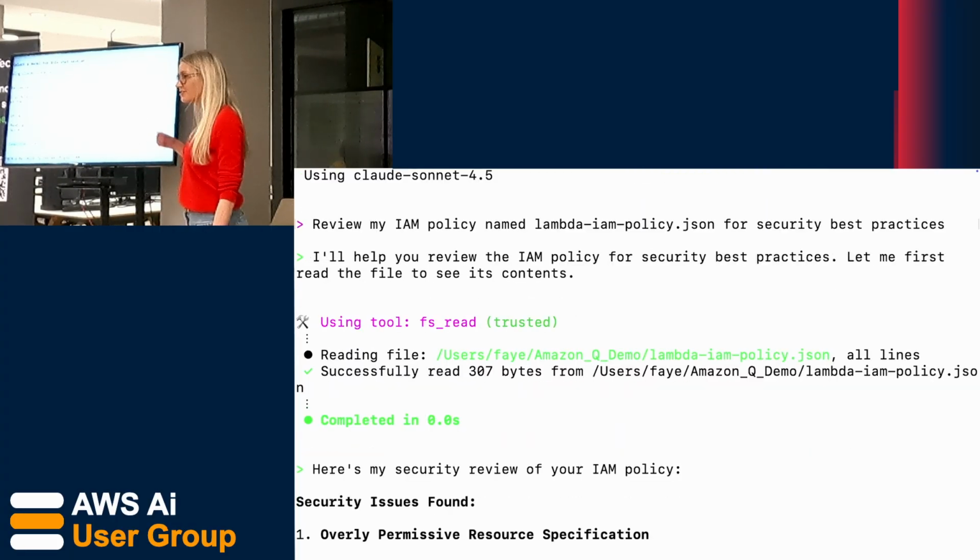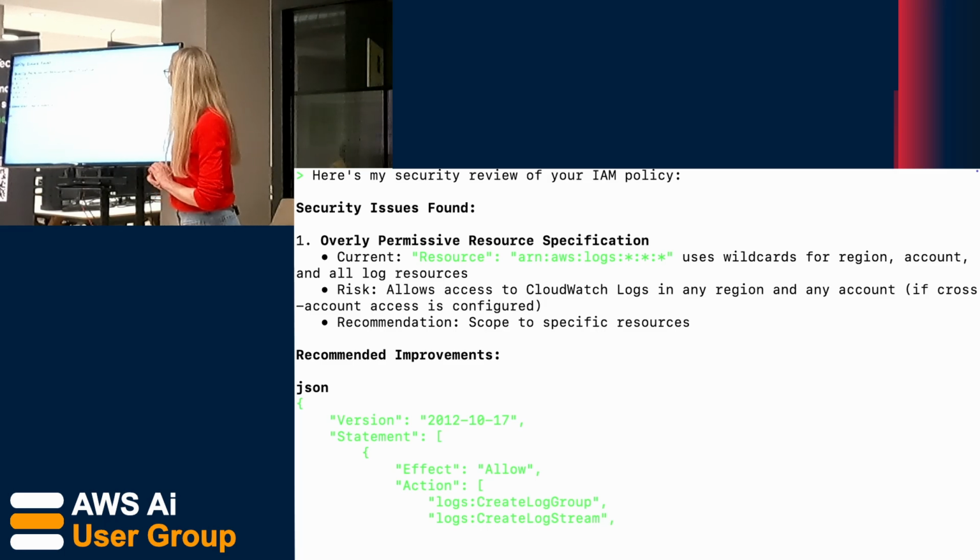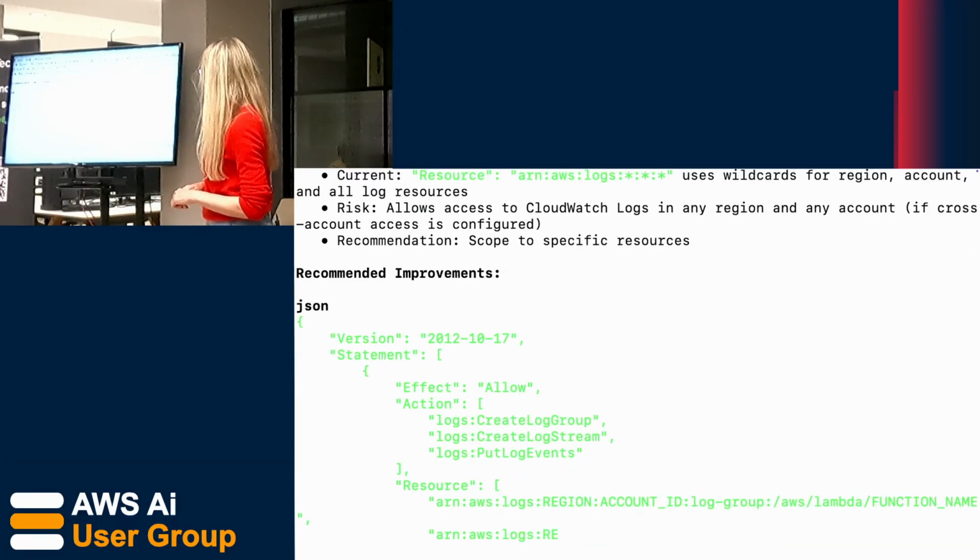It does actually go faster than this. I just slow it down for the demo so I can actually read it. So there we go, we've got overly permissive resource specification. I've used a wildcard for region account. It's got some recommended improvements there,